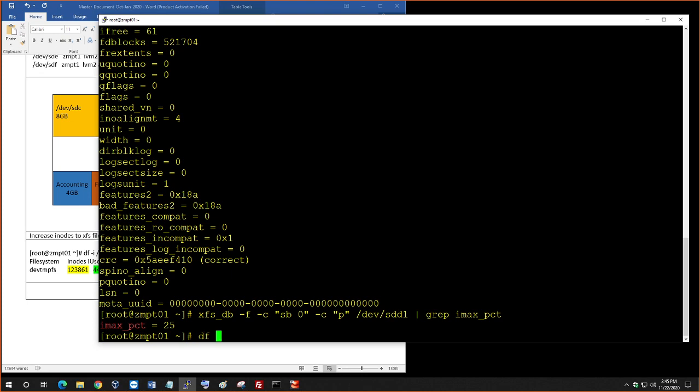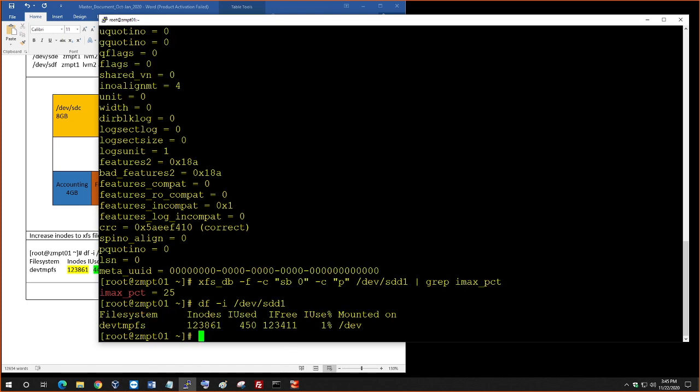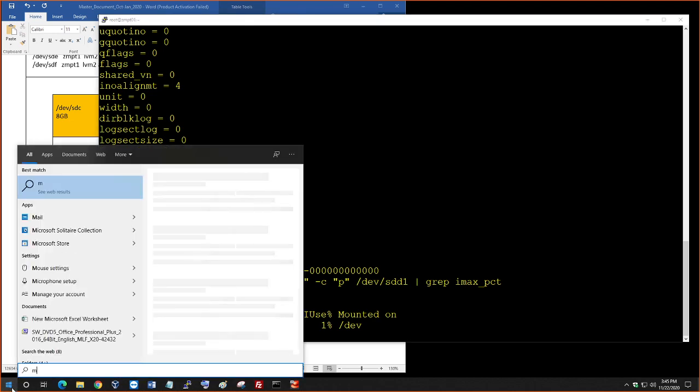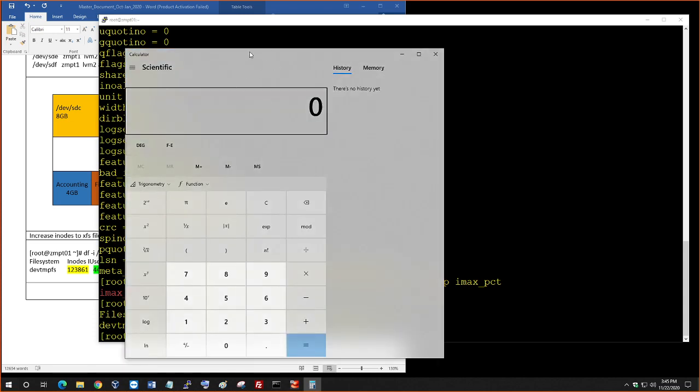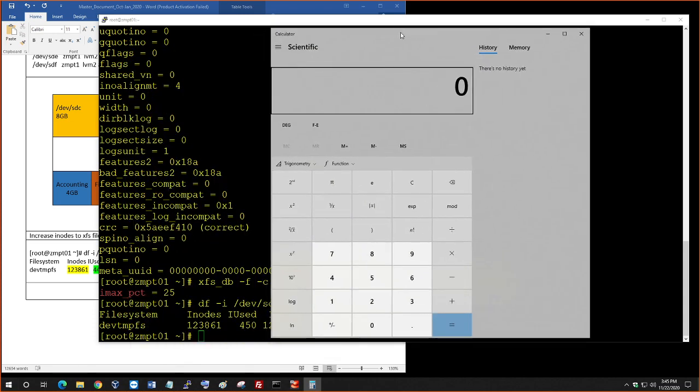So if I do df -i, this number is 25%. This number is 25%. So let's do the math here. The maximum number would be close to 123861 times 4. So on